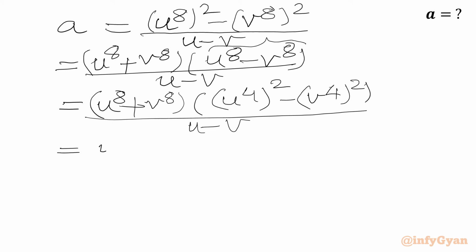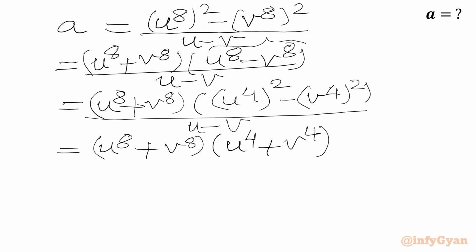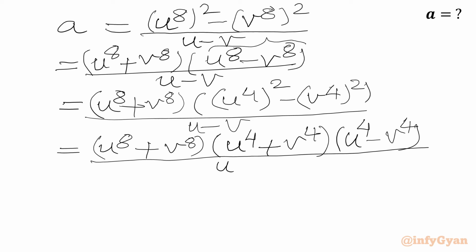Now we will write u^8 + v^8 times, applying the difference of two squares here, (u^4 + v^4), and in the other bracket we will write (u^4 - v^4), over u minus v. Again we can apply the difference of two squares formula here. So we can write u^8 + v^8